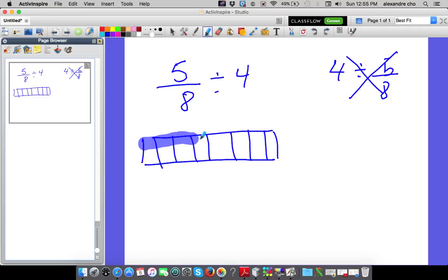No, 1, 2, 3, 4, 5. This is how much I have. I have this, and I will split this with 4 people. Okay, so